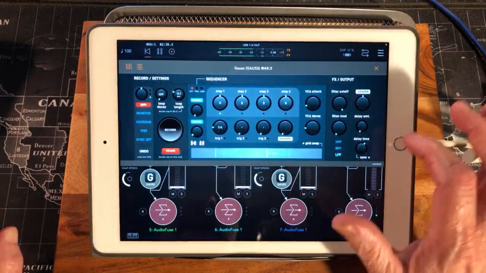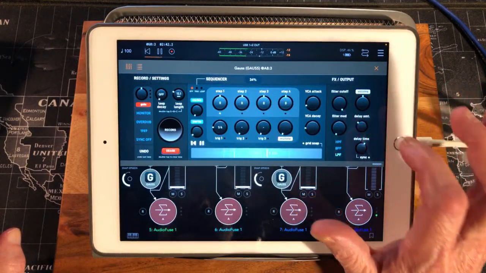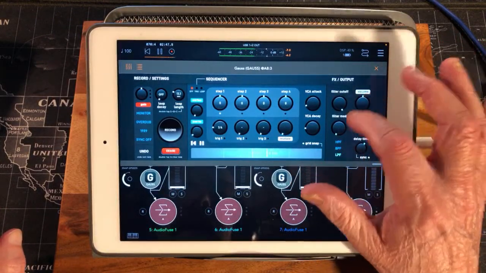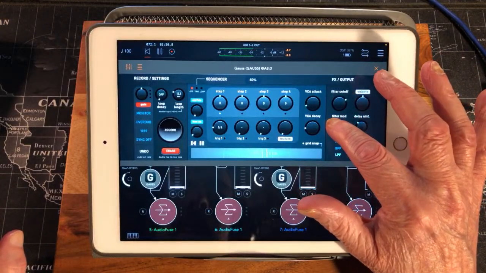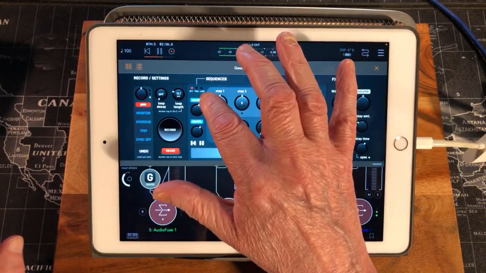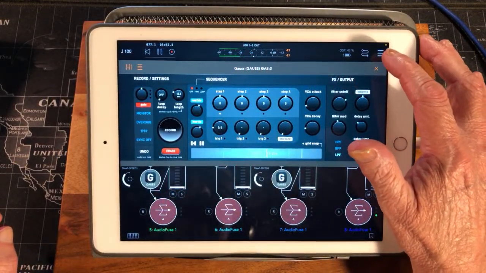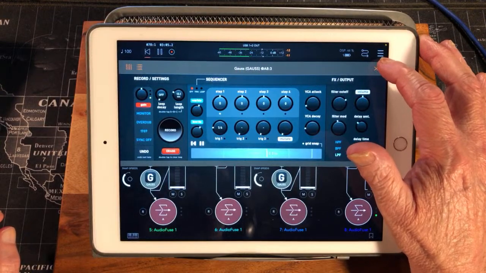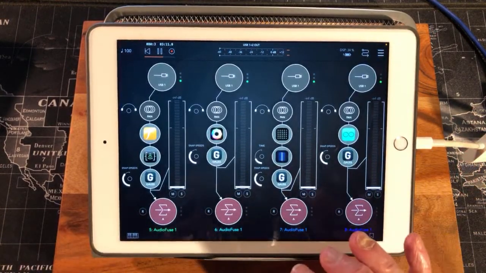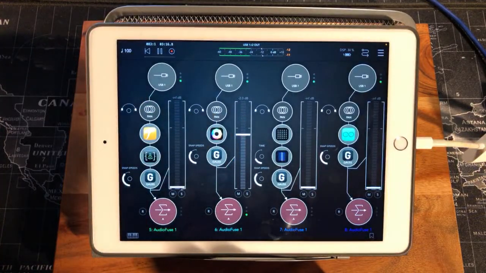Let's apply some delay. Some filter mod and some warble and inertia. So we've got that one now. Let's record some drone with Harmony 8. So I'll go direct and